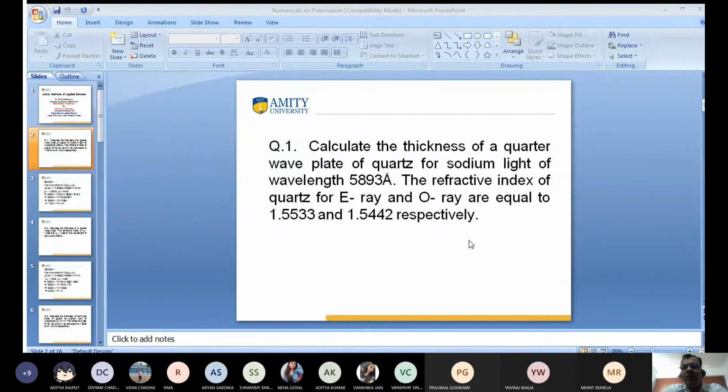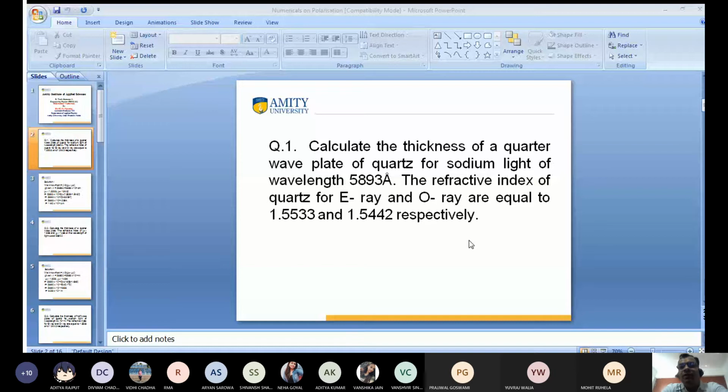So we have also discussed the half wave plate and quarter wave plate. For a quarter wave plate, the thickness is so adjusted that the path difference between the ordinary ray of light and the extraordinary ray of light is lambda by 4 and the phase difference is pi by 2. This is the quarter wave plate. For a half wave plate, the thickness is so adjusted that the path difference between the ordinary ray and extraordinary ray is lambda by 2. Clear? Yes or no?